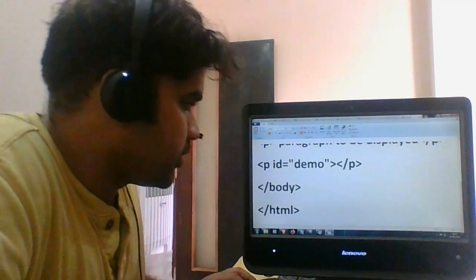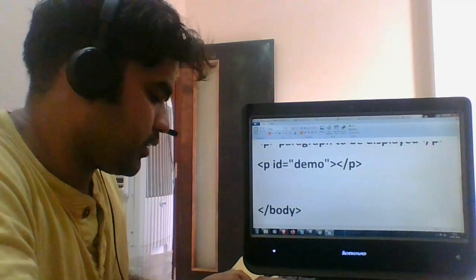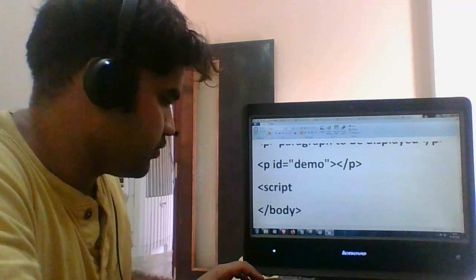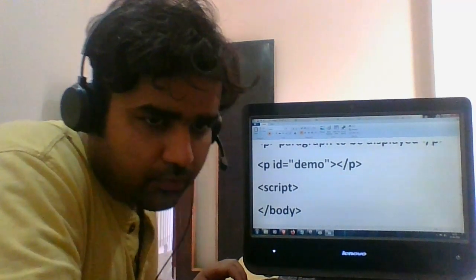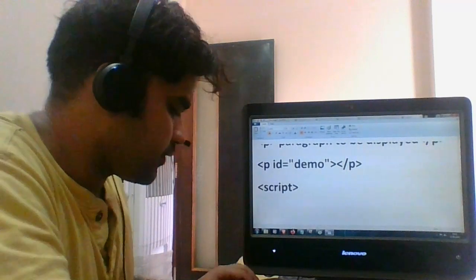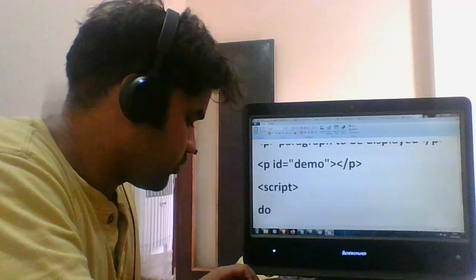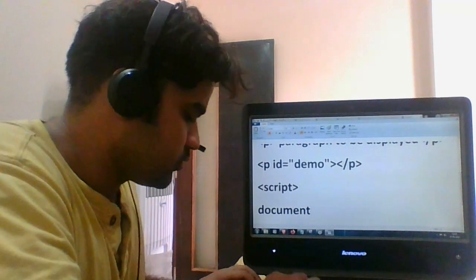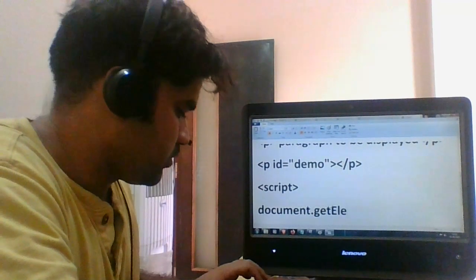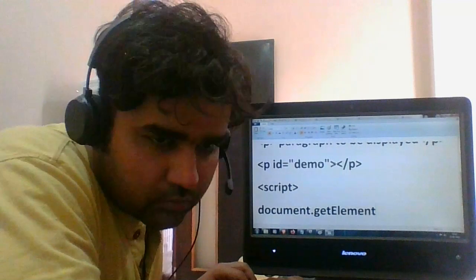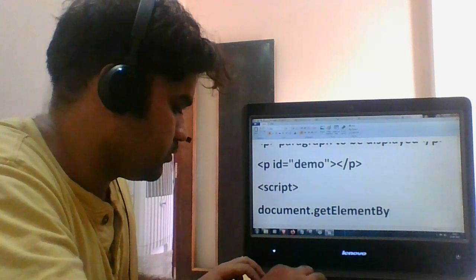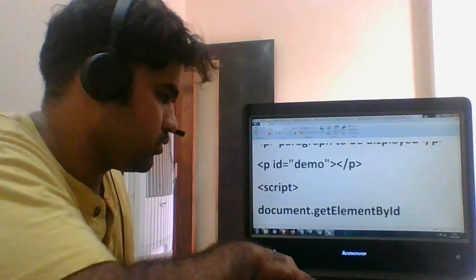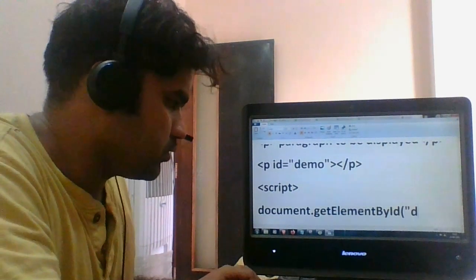Then the script. So the script will contain our values that would be useful in the next one. Again, using a function document dot getElementById demo